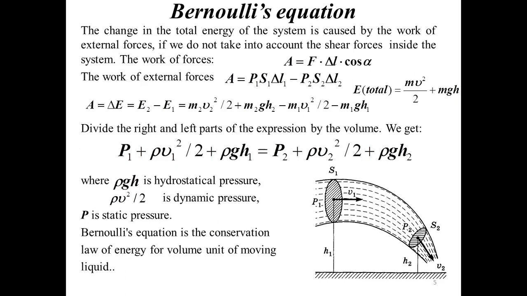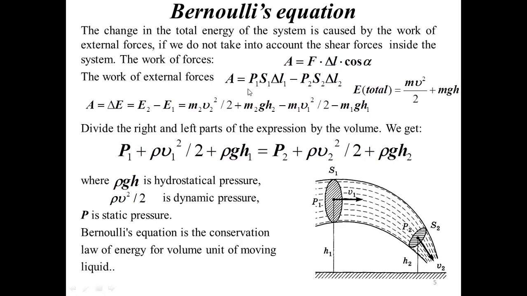If we consider the change in the total energy of the system, we know that it can be caused by the work of external fields. Of course, if we do not take into consideration the shear forces inside the system. So the usual definition of mechanical work we consider as the product of force and displacement. If we choose a blood vessel with cross-sectional areas S1 and S2, as we have here in the picture,